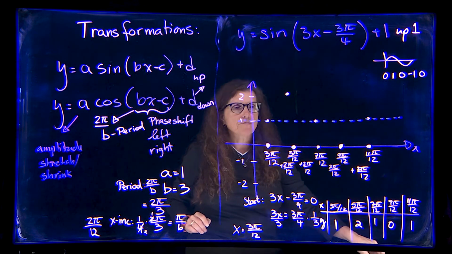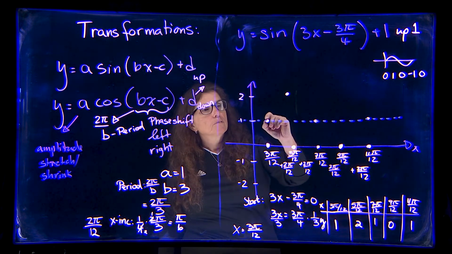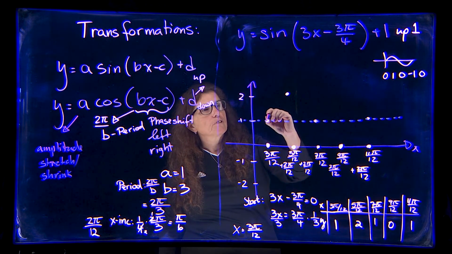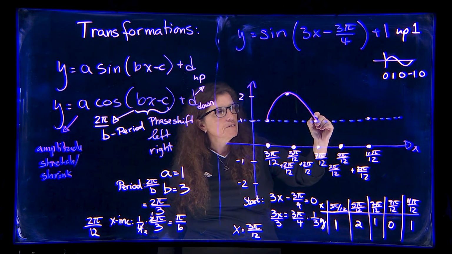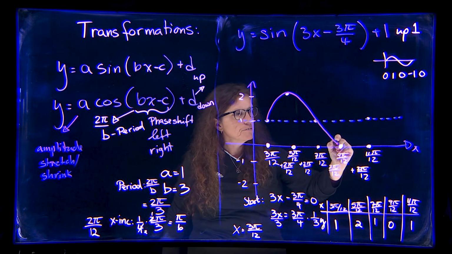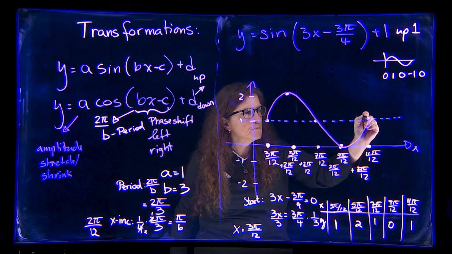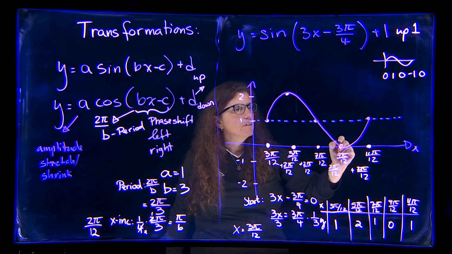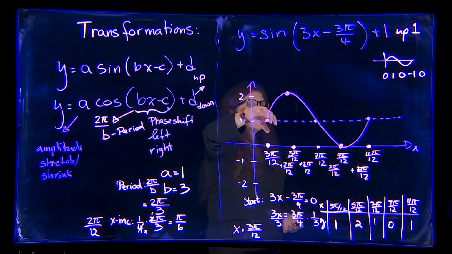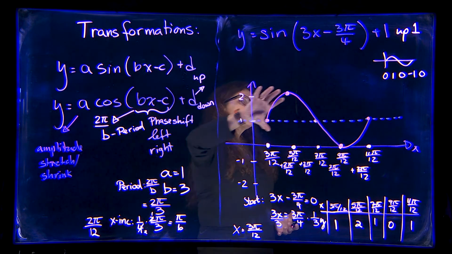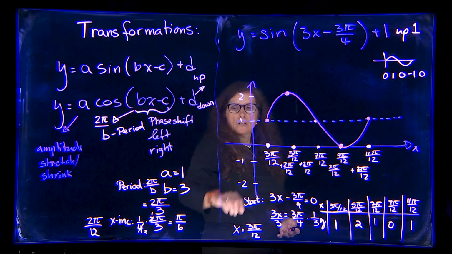So if I graph it, we are starting at 1, we go up with a sine function, then we go down all the way to 0 in this case, and we come right back up. Here you go. That is your sine function,